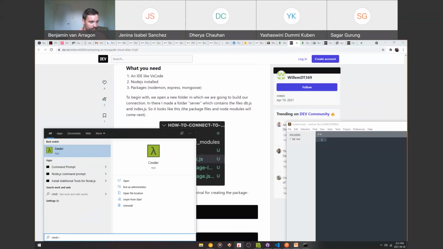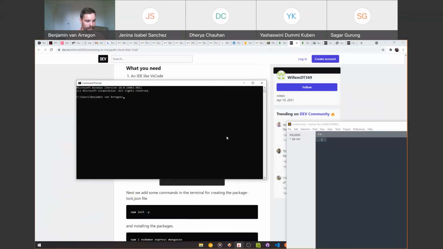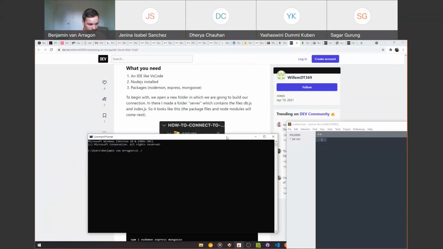We can open up CMD, command prompt, and I can just go to the directory by cd, and then I paste my directory. So right now, I am in